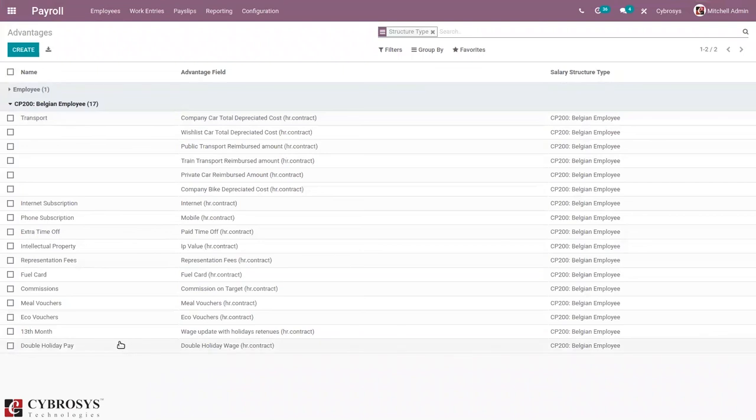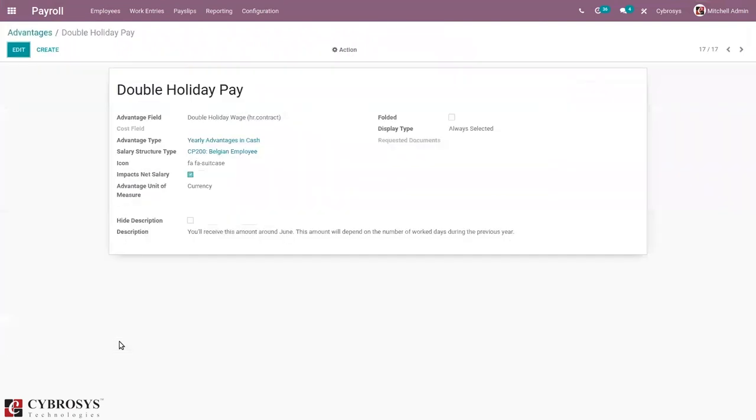So you can see double holiday pay. This one is a yearly advantage, cash in cash.